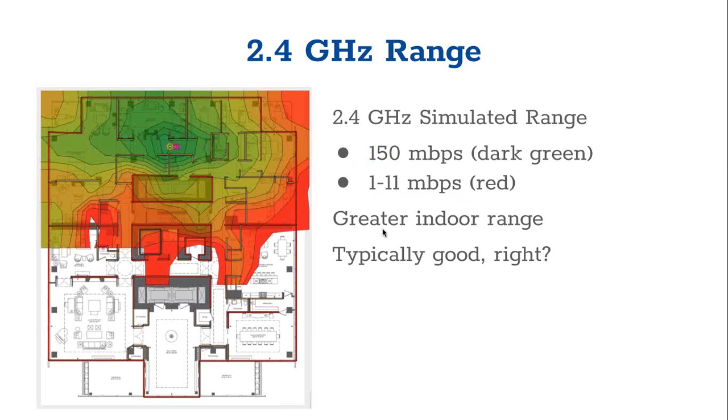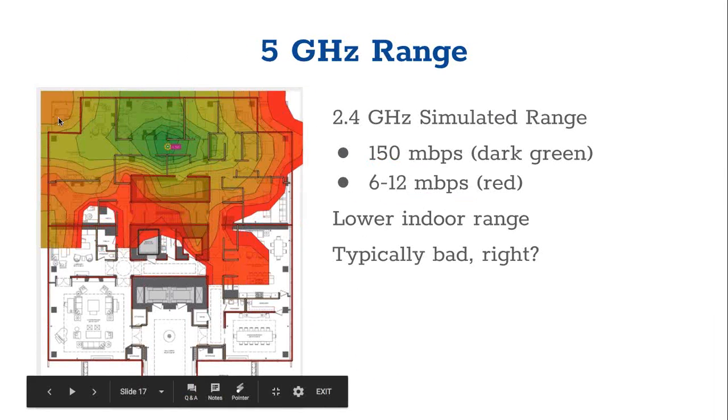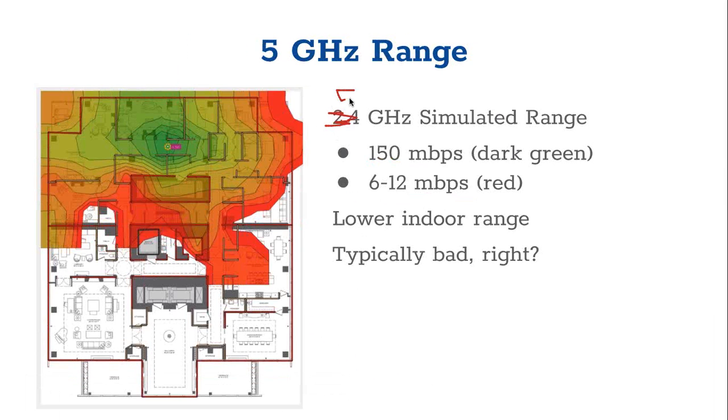Well, let's go take a look at the 5 gigahertz band and see how it compares. In the 5 gigahertz band, we can see that we've got a smaller coverage area, right? And that's typically bad, right? So we've kind of got this problem where in the 2.4 gigahertz band, it flies pretty far, so we get lots of coverage. But when you look at our coverage map, you can see